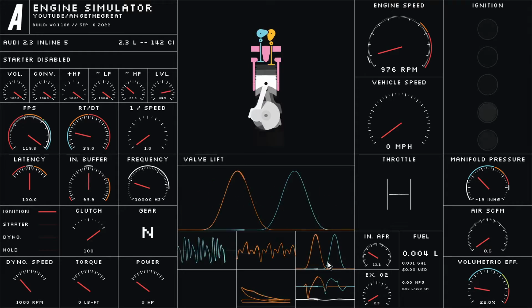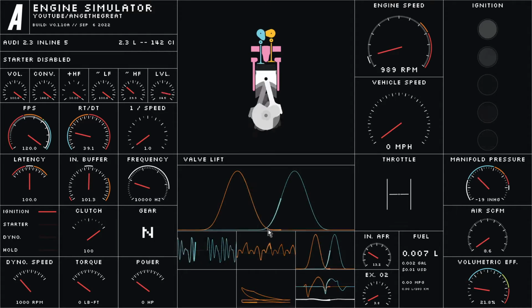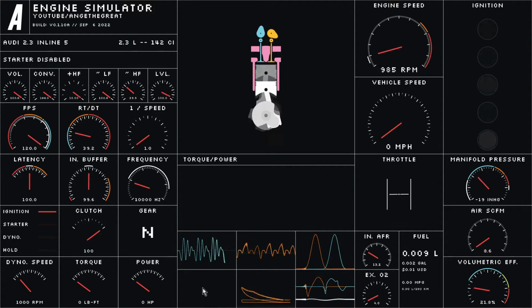So those are cam curves right there, my valve lift, and you see there's a little bit of overlap because I did change the duration a little. Anywho, let's bring up our dynamometer test here and